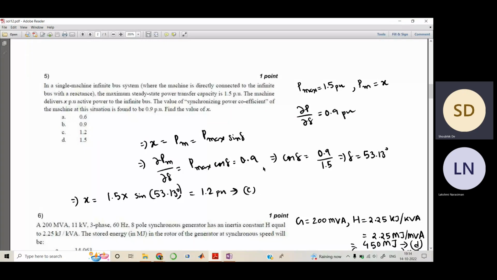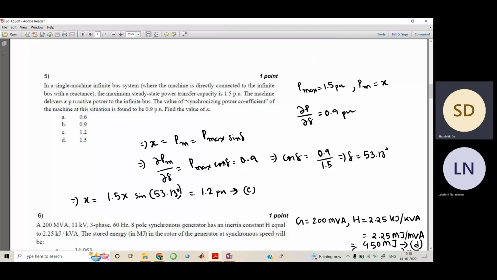This has a significance. This is related to the stability of the synchronous machine. Basically dP/dδ represents the slope of your power angle curve, right? From minus 90 to 90 degrees, if you plot the curve, what would this curve be? This would be a sinusoidal curve, right? Starting from 0 degrees, it goes to maximum at 90,